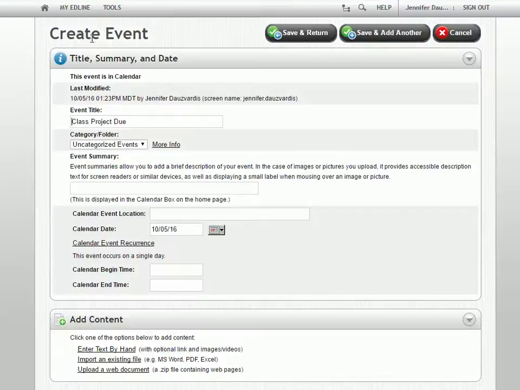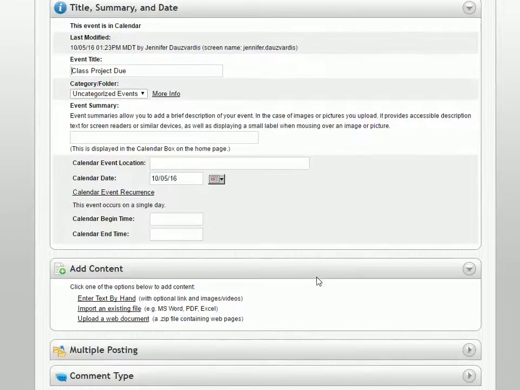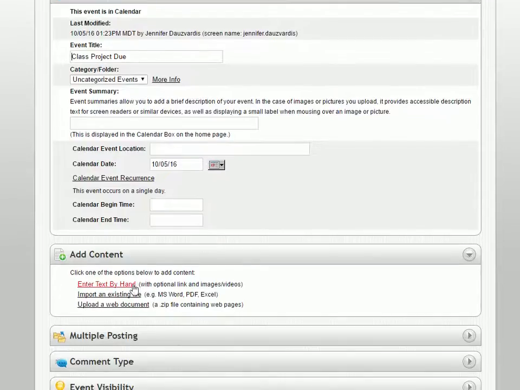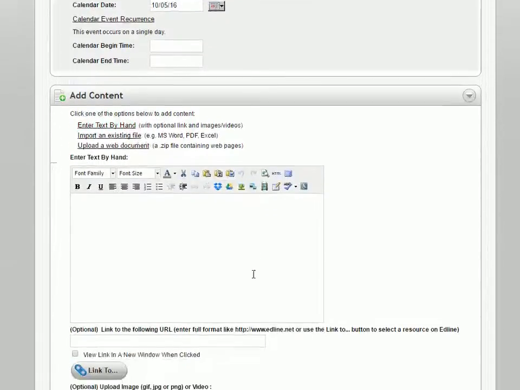And this should look very familiar. It says Create Event, but it's very similar to creating a document. Let's give that a date, today's date. We can even enter some content here and say,